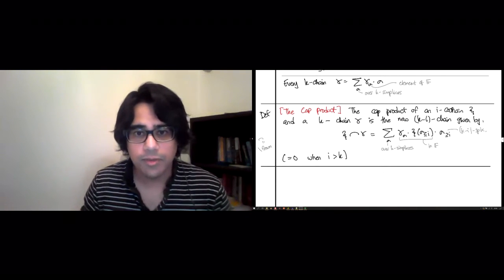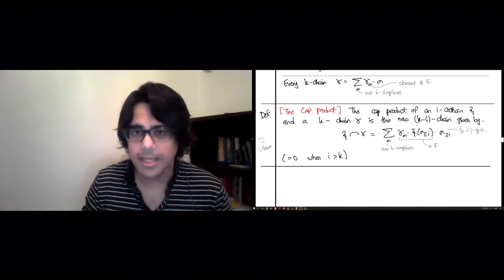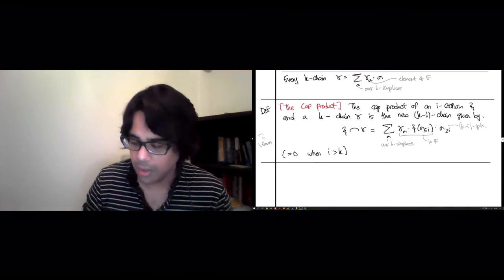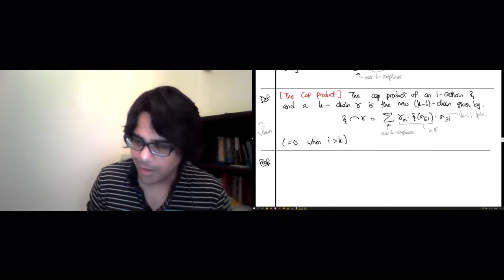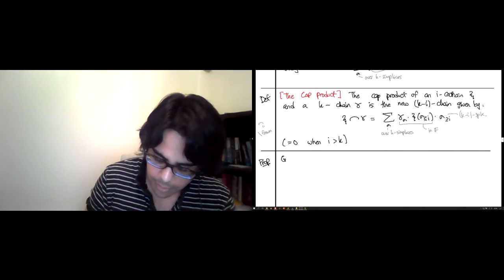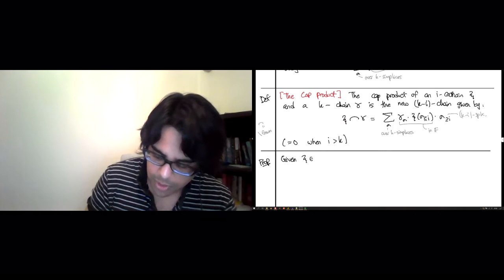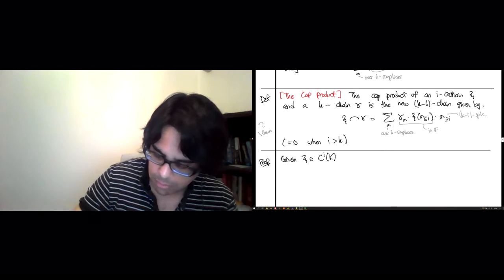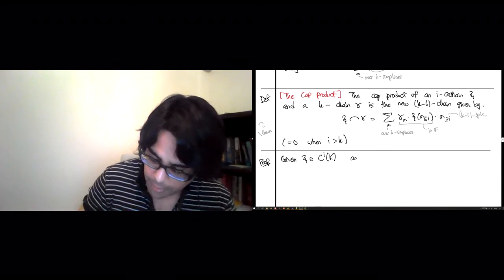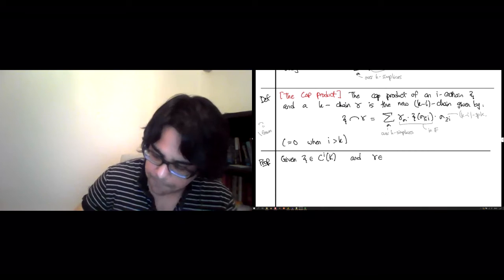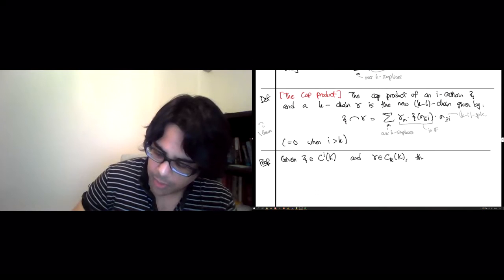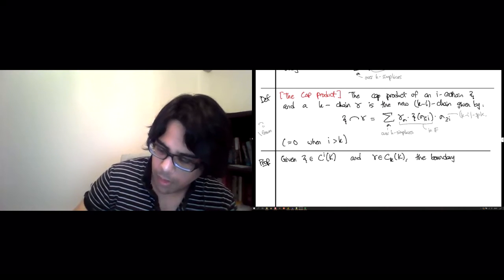Okay, now that we've defined a chain, we're going to play exactly the same game we would have played with the cup product, which is to try and figure out what the boundary of this chain is. So here is the formula for the boundary. Given xi an i-cochain, and gamma a k-chain, the boundary of their cap product